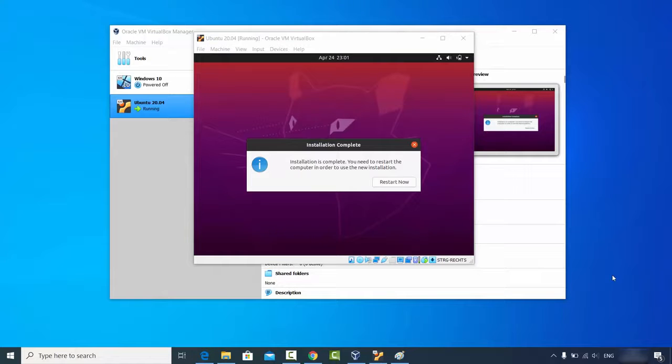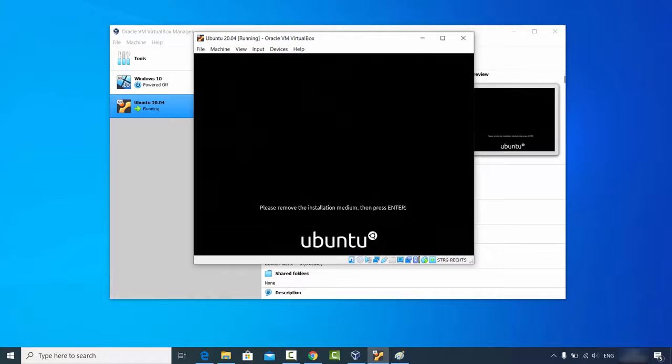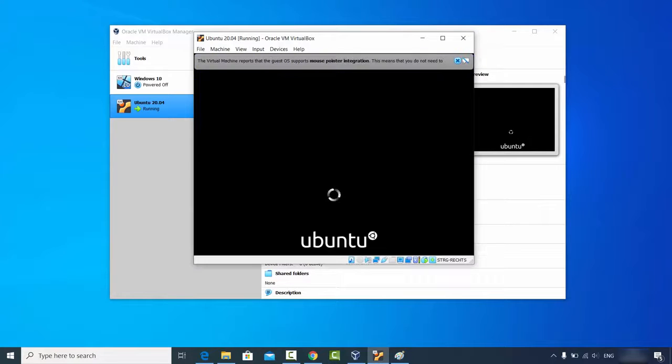And after some time you will see this kind of window which says installation is complete. You need to restart the computer in order to use the new installation. So I'm going to just click on the restart now button. And at this point it says please remove the installation medium, then press enter. So I'm going to just press enter here, and now I can see the Ubuntu operating system is starting,